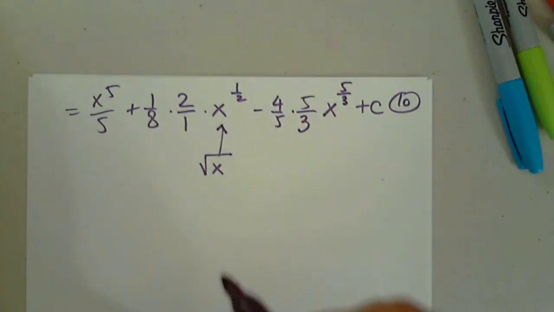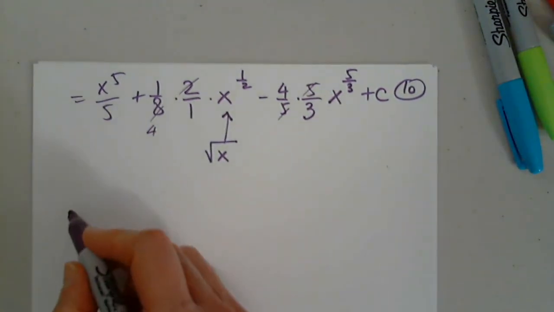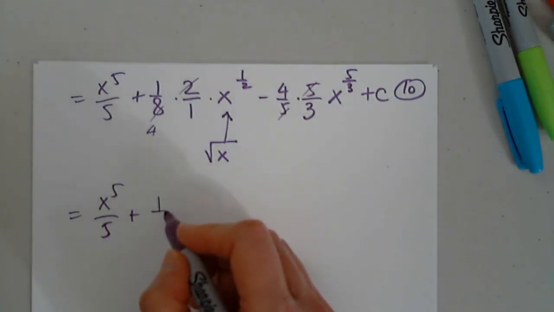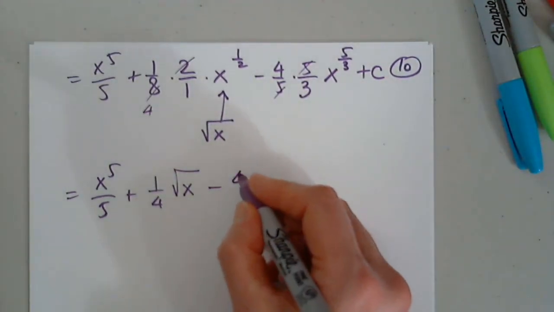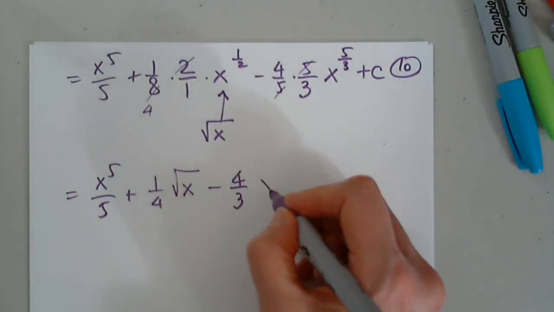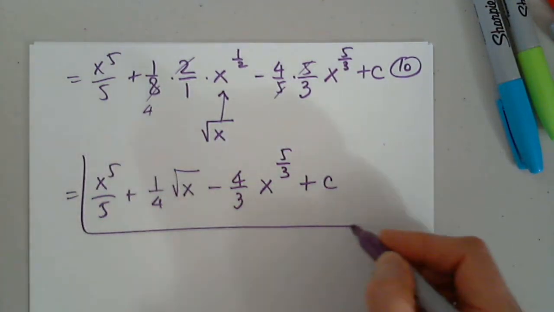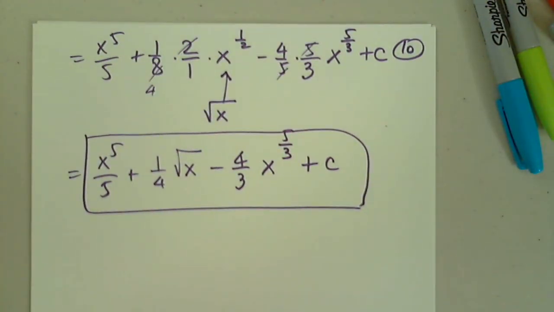Okay, it still needs cleaning up, so this is 4 here, and these two go away. So, x to the 5th over 5 plus 1/4 the square root of x minus 4/3, and you can keep x to 5/3 as is, plus a constant c. If you want to check, we can. Now please